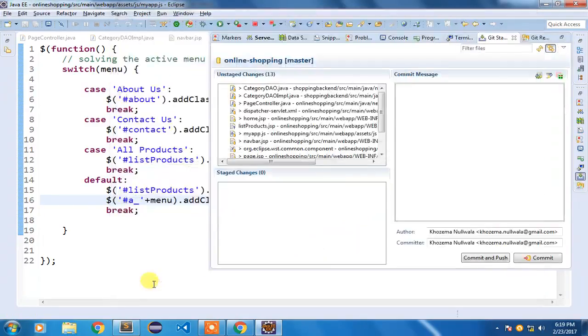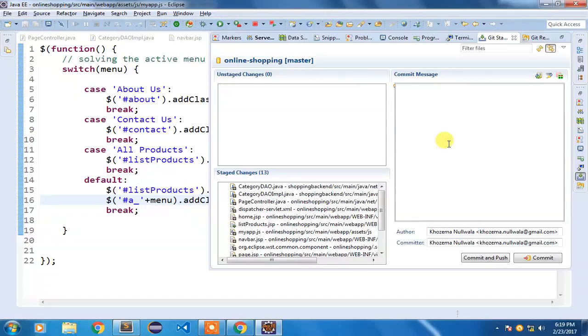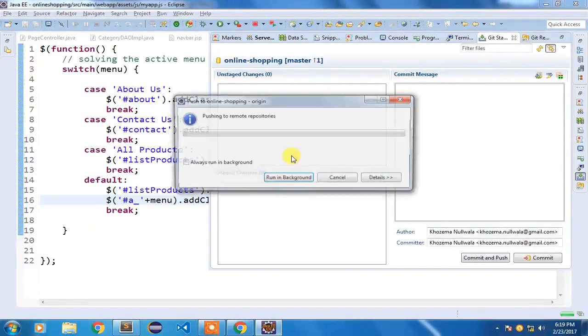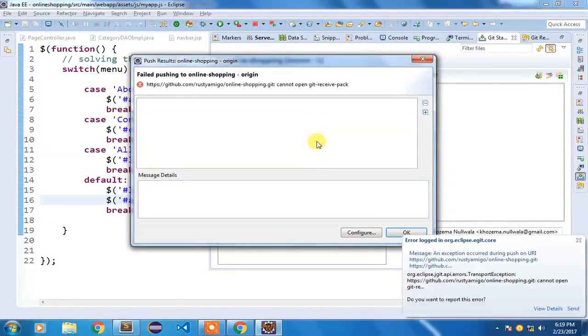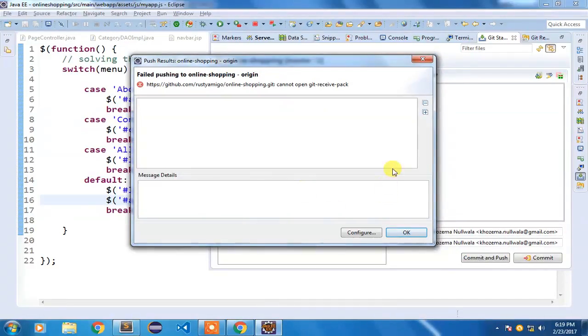Open our staging view, do a Control A. Successfully updated the UI and linked with backend project. Commit and push. It will ask for your credential. Since I have lost my internet connectivity, I am not able to push it, but I will do it in the later video.